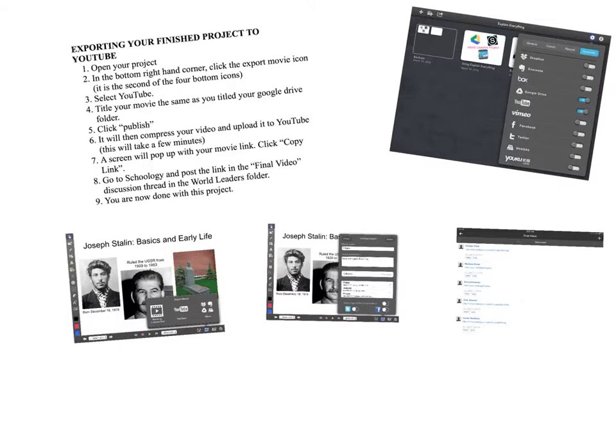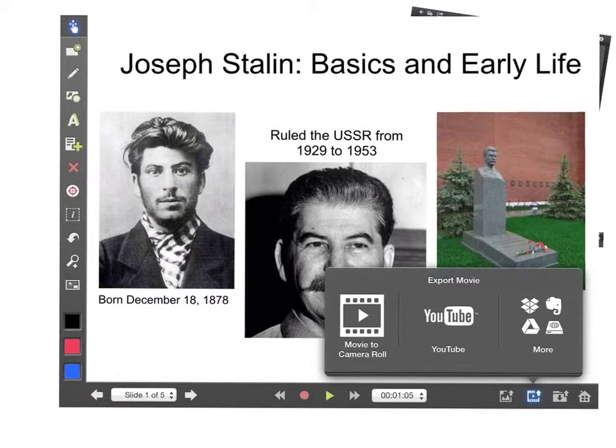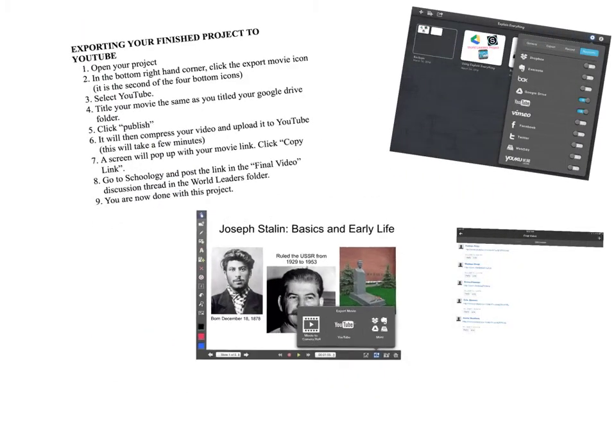Now that their Explain Everything app is linked with YouTube, students can now open up their final projects and they can begin exporting it to YouTube. To do this, they will select in the bottom right the same button that they selected when they exported their projects into the Google Drive. However, instead of selecting More, they will now select YouTube. Once they have selected YouTube,